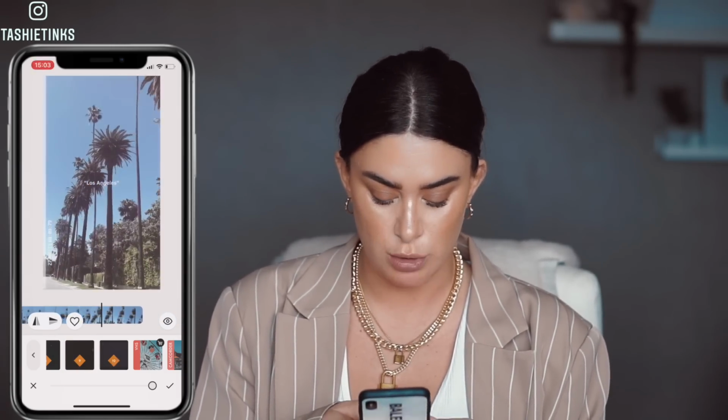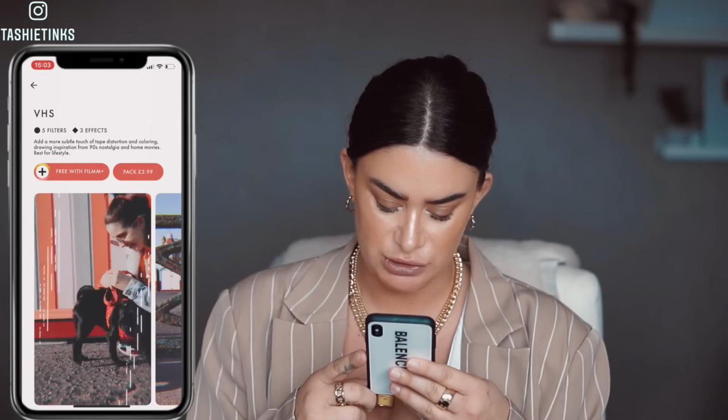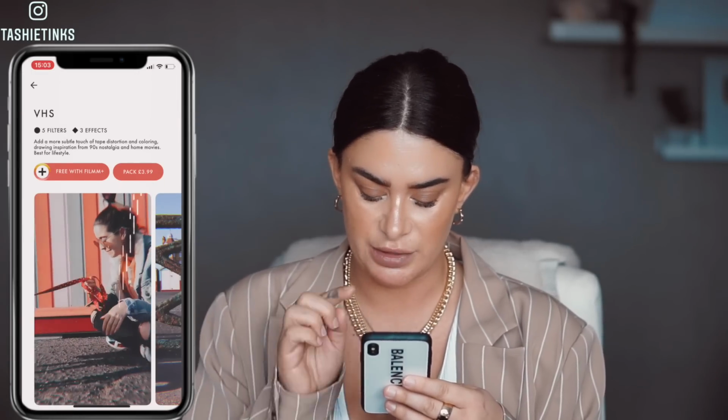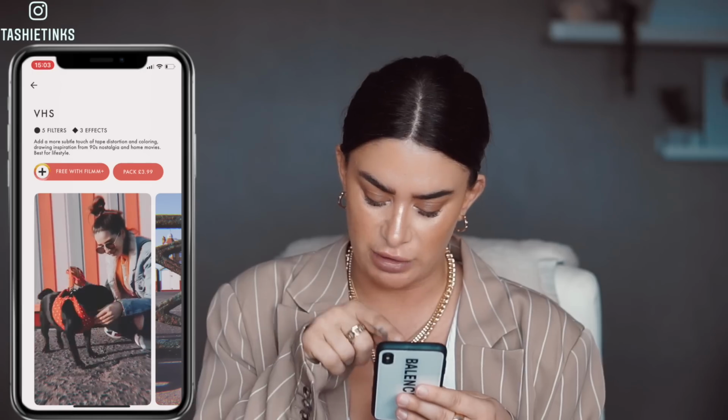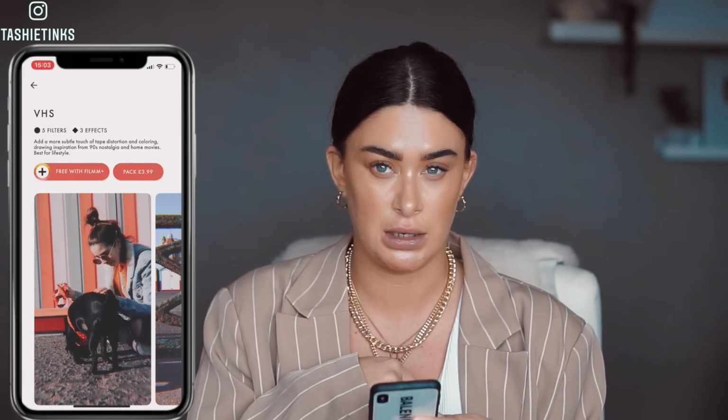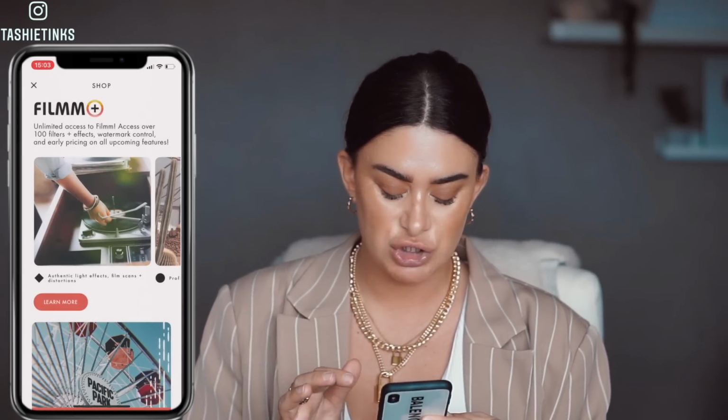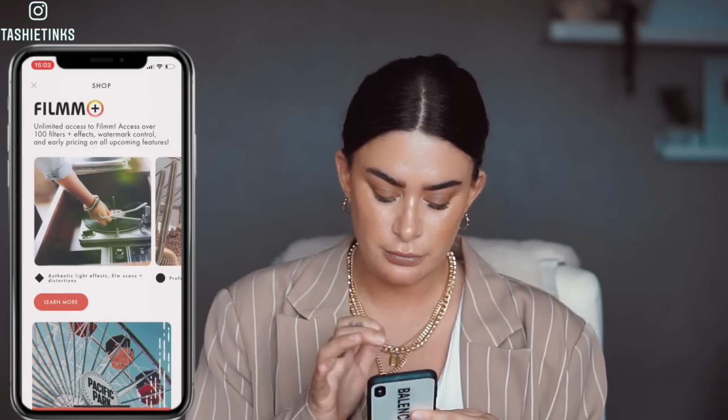Let me see if it will show you other options. No, see, it's asking me to buy it. See, this is the one I bought. I paid $3.99 for that 16mm package, which I mean,